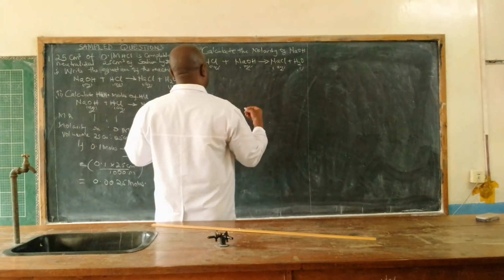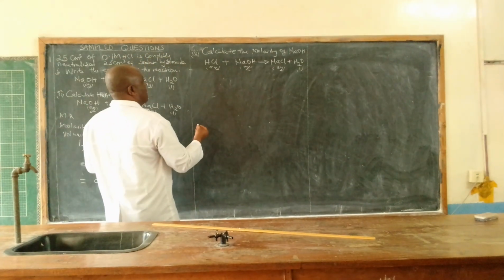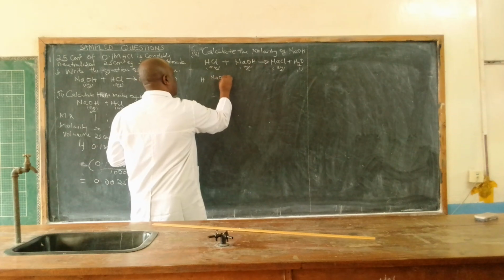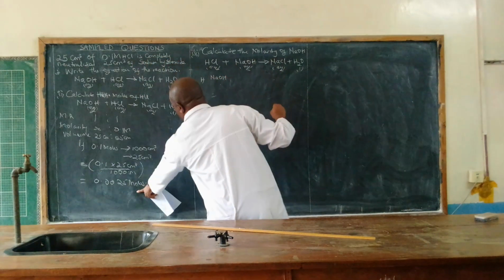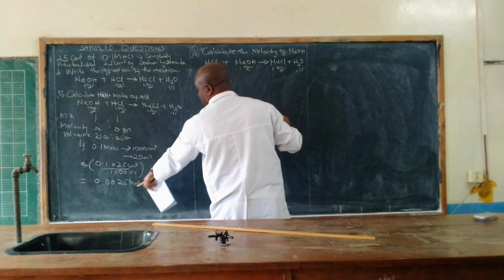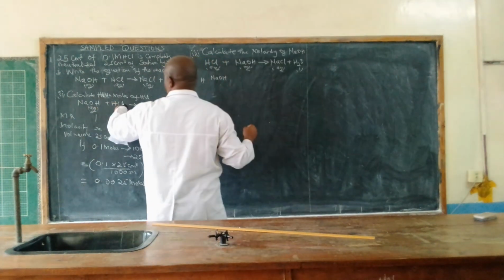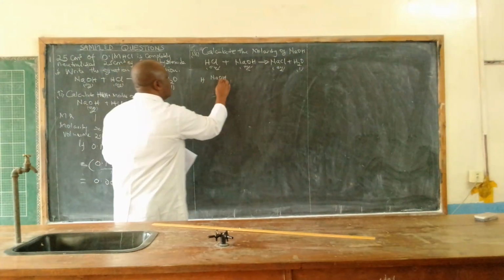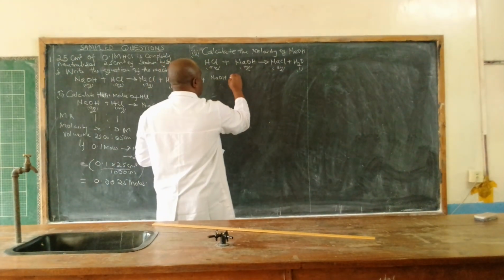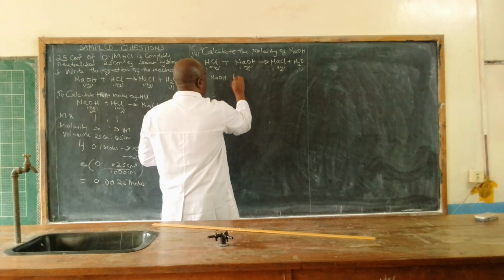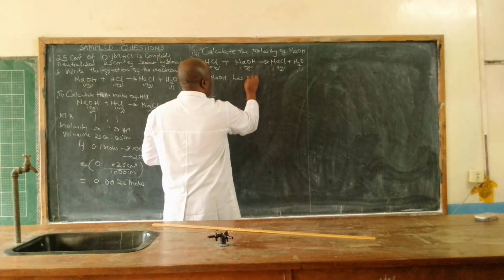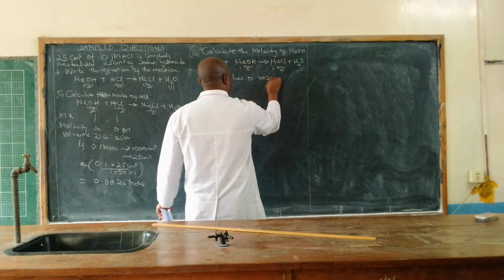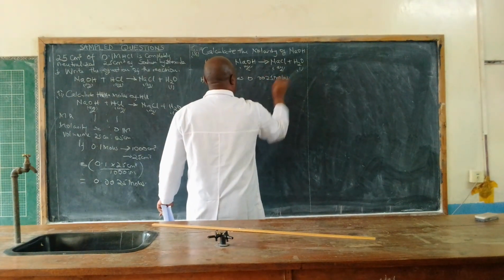So we are going to ask ourselves, if sodium hydroxide has this number of moles, because the mole ratio is 1:1, so the number of moles of hydrochloric acid and sodium hydroxide are the same. So that's why I'm saying if sodium hydroxide has 0.0025 moles, what about